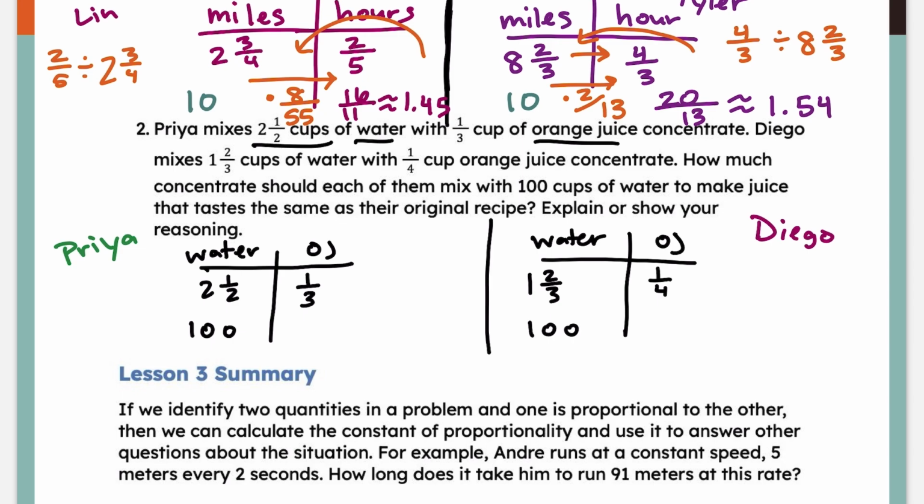So once again, we're finding the constant of proportionality. I don't know how to go forward, so I'm going to work backwards. Typing into my calculator 1/3 divided by 2.5. And that number is 2/15. So I'll be multiplying by 2/15, and 100 times 2/15 is equal to 40/3, or about,